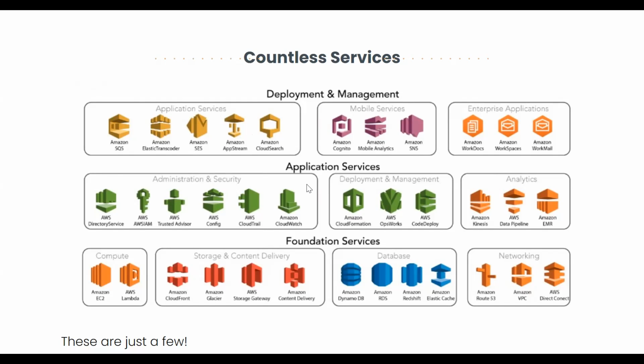Then we have application services, which are our examples of platform as a service. You have things like AWS Config, CloudTrail, and CloudWatch, which all somehow moderate the usage of AWS. So you moderate the usage of different AWS resources according to certain security protocols that the software developers themselves can set up. So this is not something that you would be rolling out to a user, but it also doesn't have the vast configurability of perhaps foundation services. And these foundation services, some of the very important ones are EC2 and Lambda.